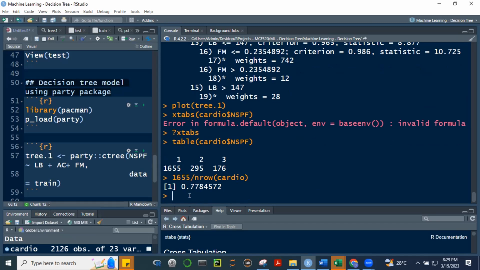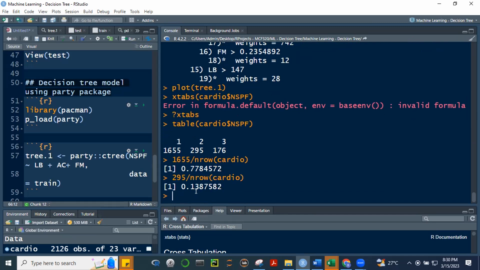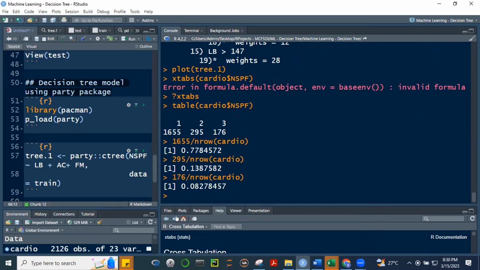Tapos yung C2, that will be 295 divided by N row cardio. 13% yung 2, no? Tapos yung pathologic 176 divided by N row ng cardio. Okay? Of course, yung difference lang 8%.